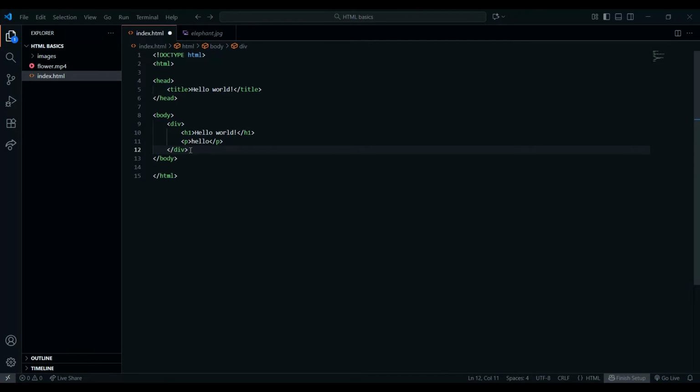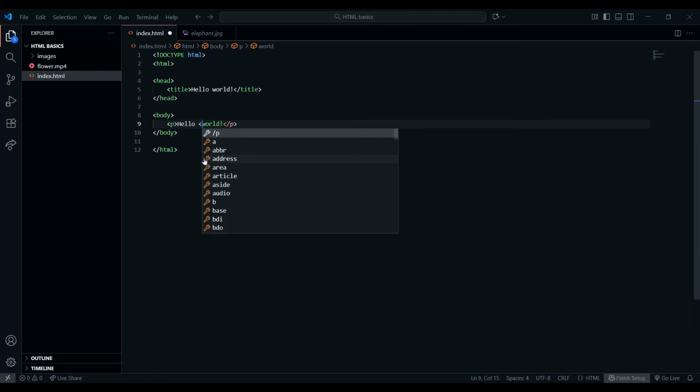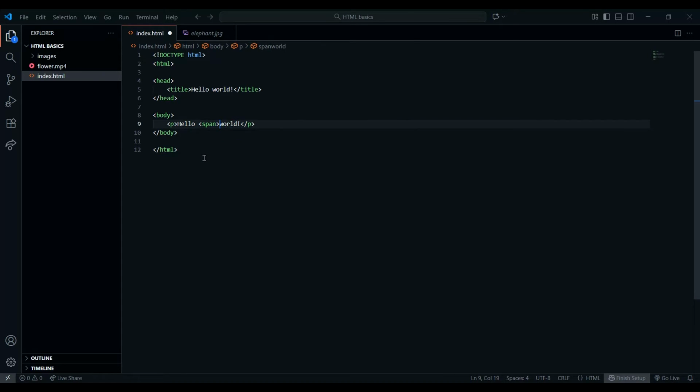So now we can talk about span. So basically, span is like, for example, you have a p tag and then it says hello world, and then inside of here we can write span, then close it, and then copy this